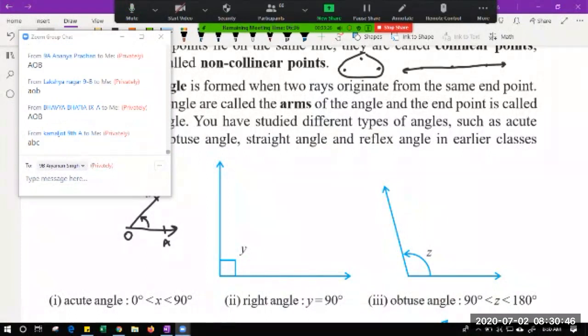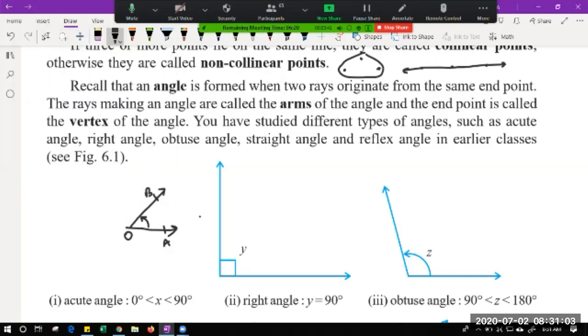Kamaljot, ABC? B, C is not there, beta. Why are you bringing C over here? Ansh, BOA, good, beta. AOB or BOA, very good, Yuvika. You can name it as both. The main thing is the angle should come in between. When you name an angle, the angle letter should come in between. So whether you write AOB or angle BOA, it is the same thing.